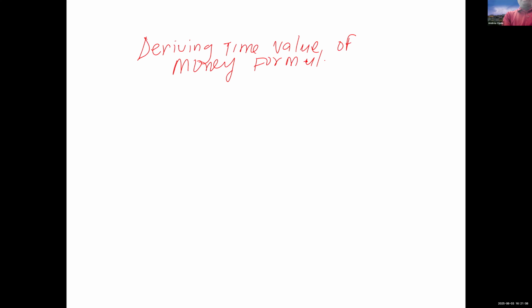Okay. So now, this is a formula about deriving time value of money formulas. That's handout 1 that I showed you. So we're going to say, suppose there's a series, Sn stands for the sum of a series which